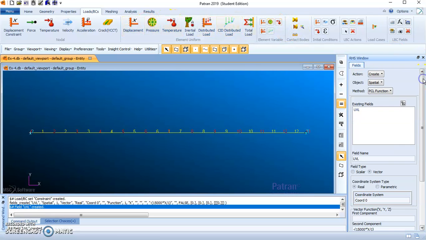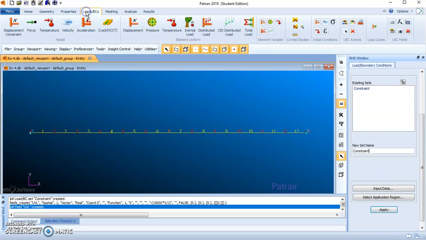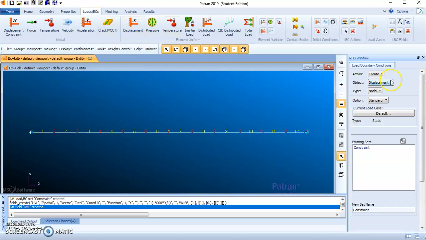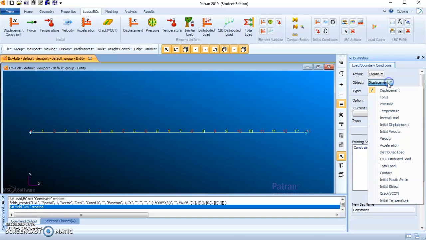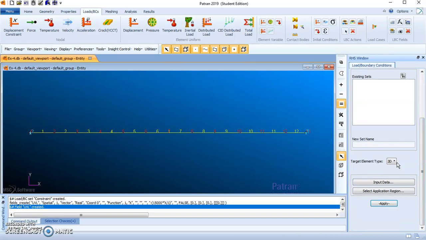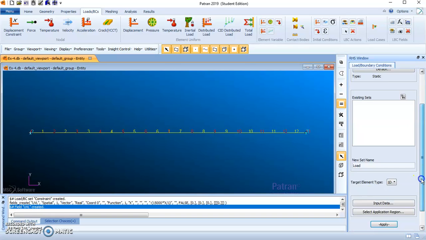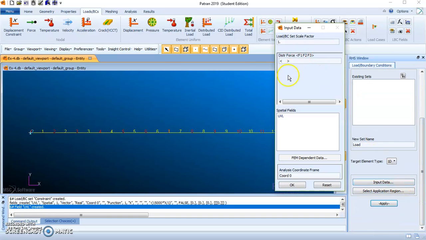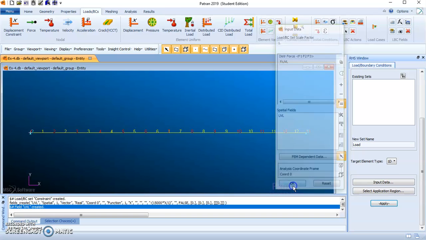Now again go back here. You can click just loads and boundary conditions again. Here in the displacement, go to element distributed load. Let it be uniform, element uniform. I'll give the name as load. One dimensional it is. Input data. Click here. We have already created the function. Select this function. Click OK.